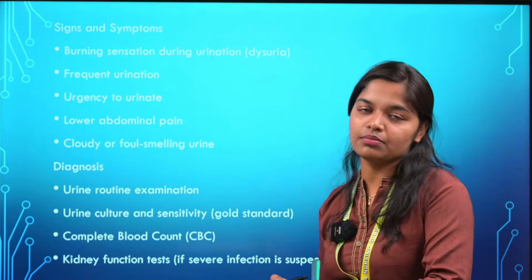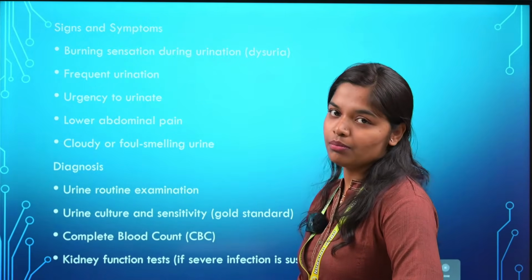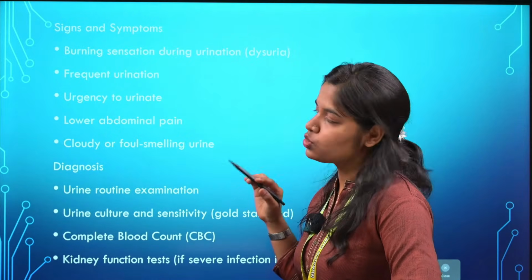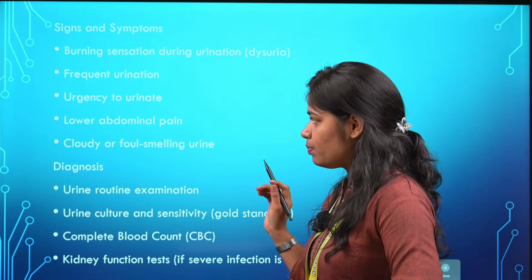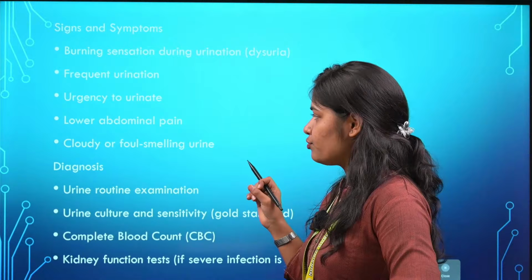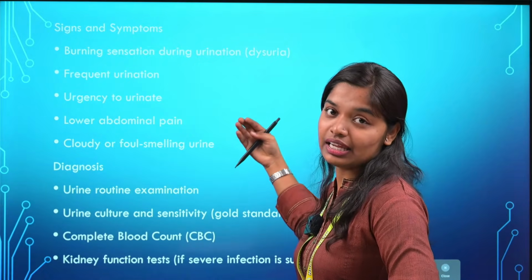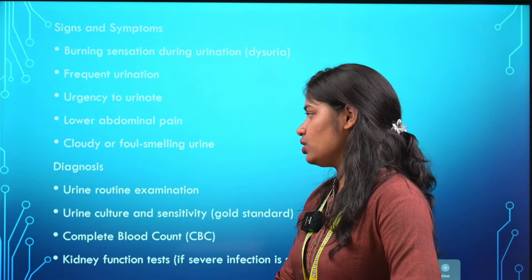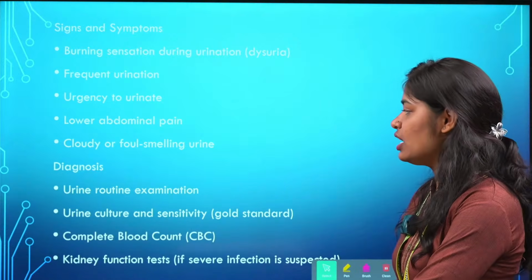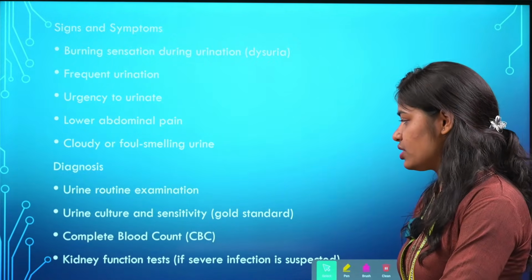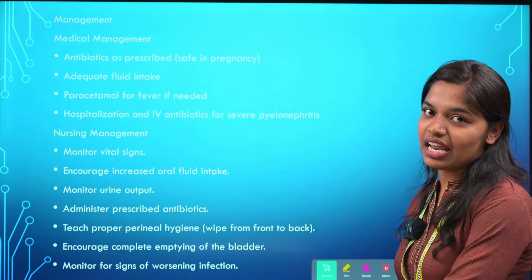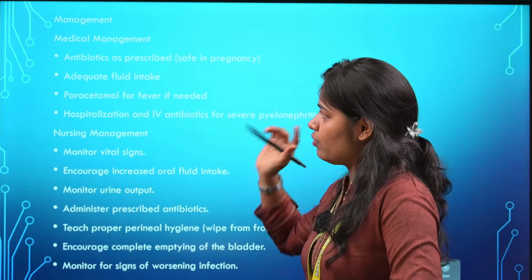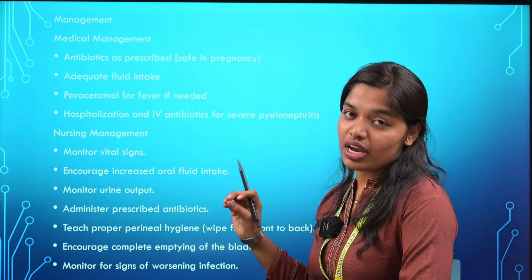Next are the signs and symptoms of the urinary tract infection, which include burning sensation at the time of urination, frequent urination, urgency to urinate, lower abdominal pain, and cloudy or foul-smelling urine. For diagnosis, urine routine examination, urine culture and sensitivity, complete blood count, and kidney function tests if required. Then the medical management for the bacterial infection: we are going to give antibiotics, adequate fluid intake,